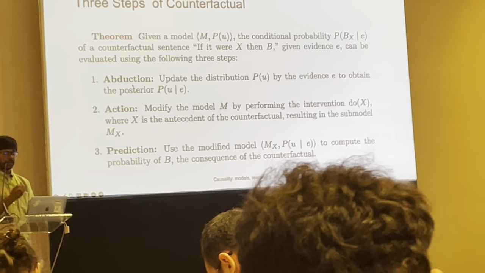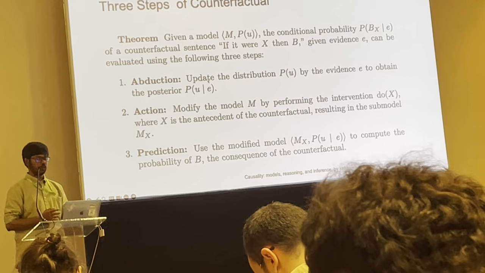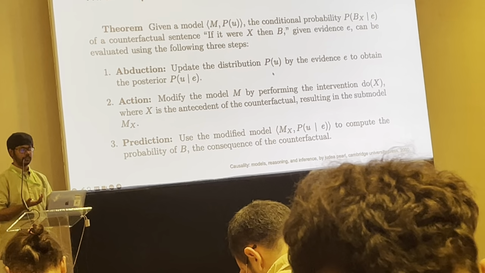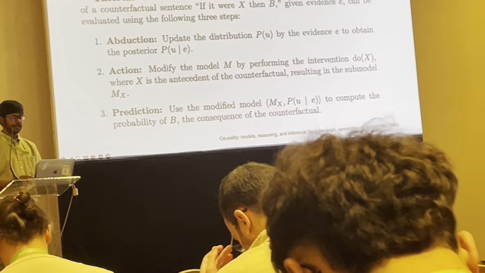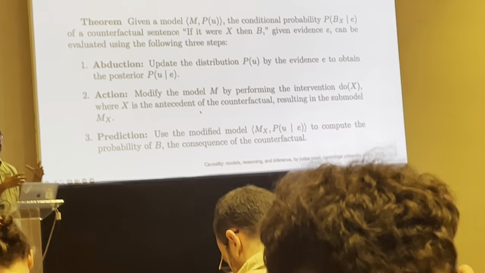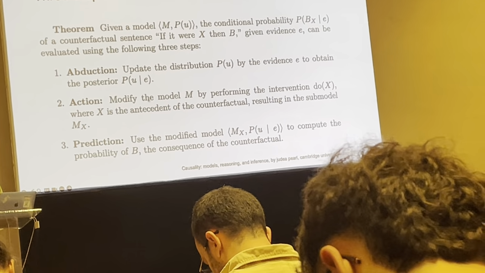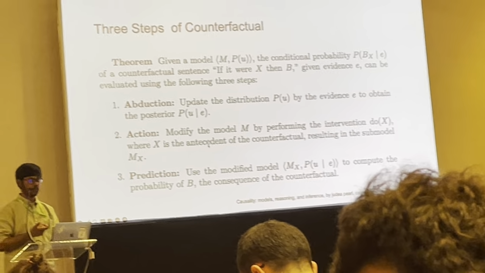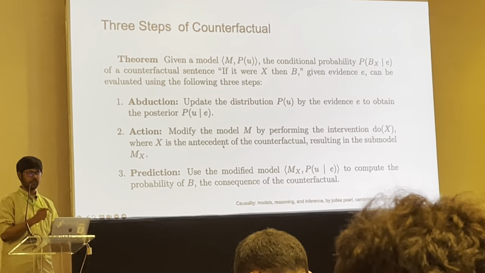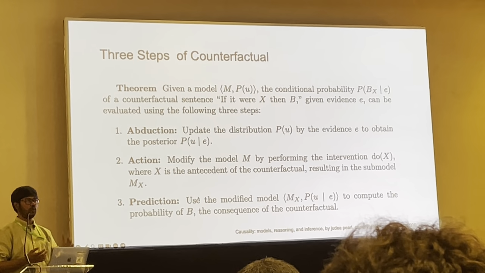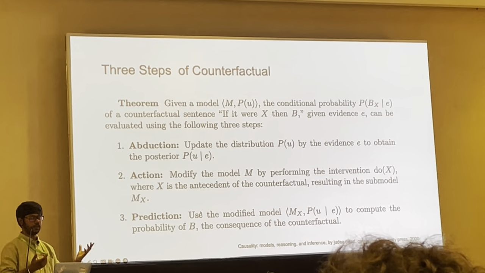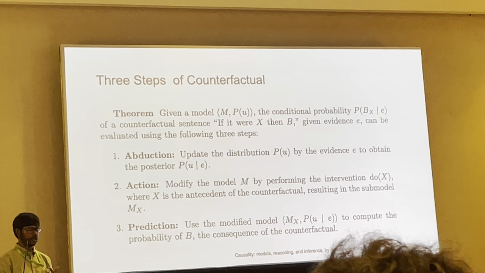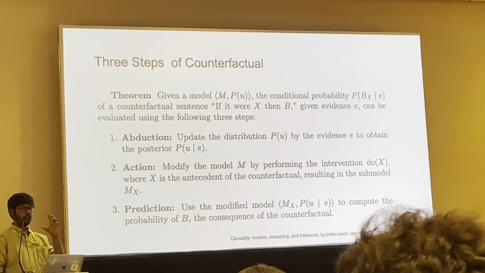The actual steps are abduction, action, and prediction. We have some evidence, and we want to get the posterior of the exogenous noise based on that evidence. Then action: we have the posterior of the exogenous noise, and now I change the value to do X equal to the intervention value. That's the action, where we are changing the value. And finally prediction: we have the posterior of the noise and the intervened variable, so now we do ancestral sampling. One example I'll give is, suppose I want to understand for a specific patient